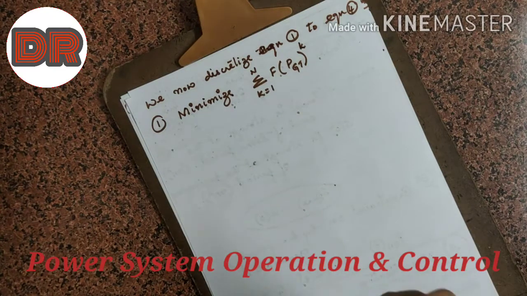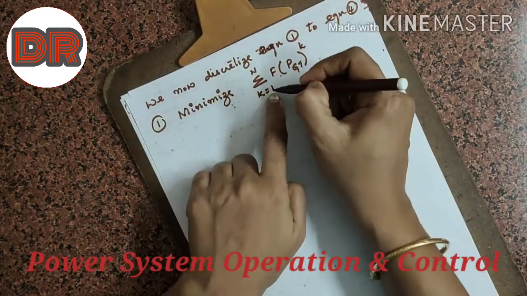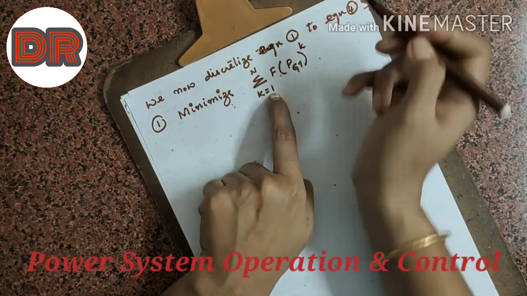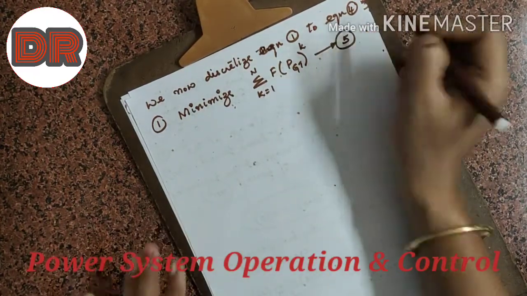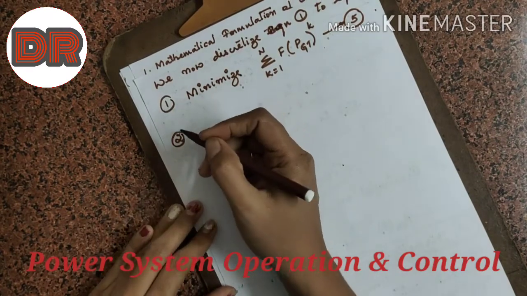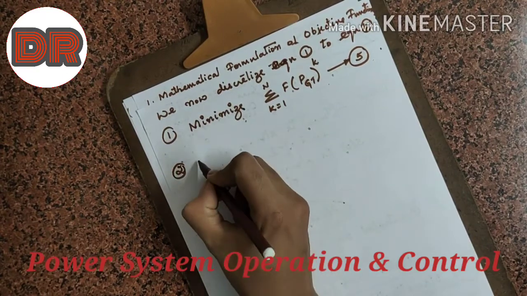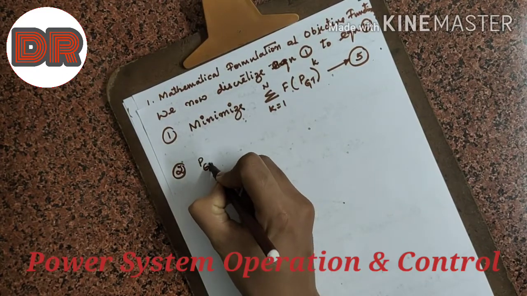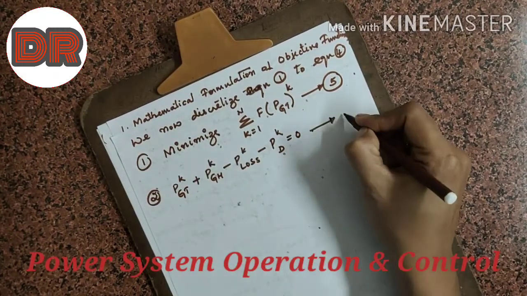Now it has been discretized, so the objective function can be written like this, since the intervals are divided into 1 to n. So this, let me take it as fifth one. Now let us discretize the constraints. So the first constraint, what we have written as the power balance equation, let me write in a discretized format. So this is after discretization.